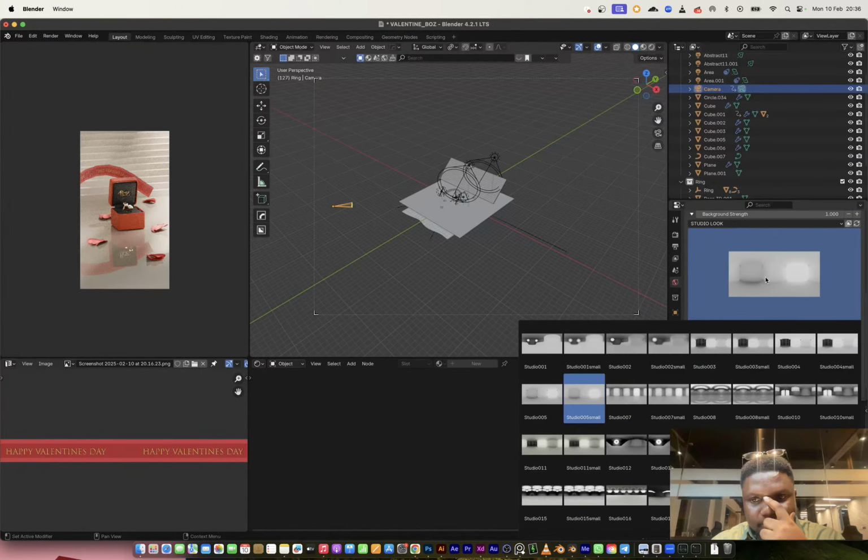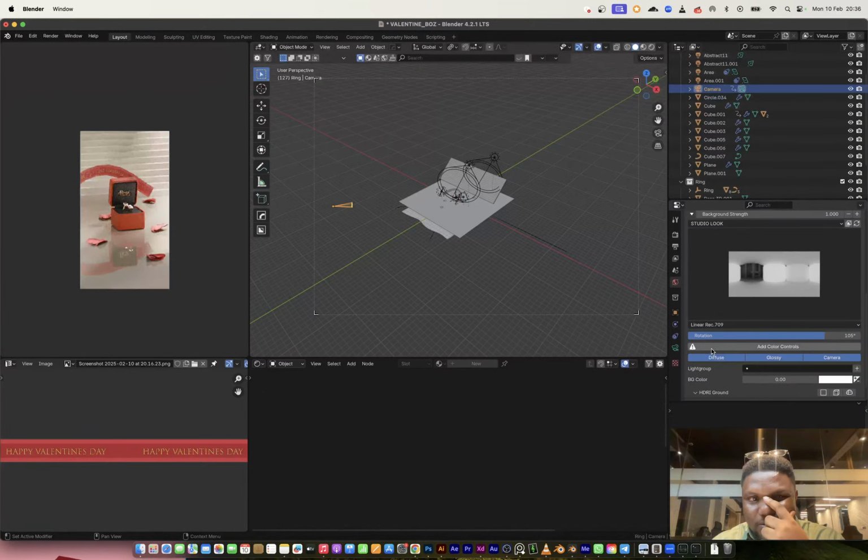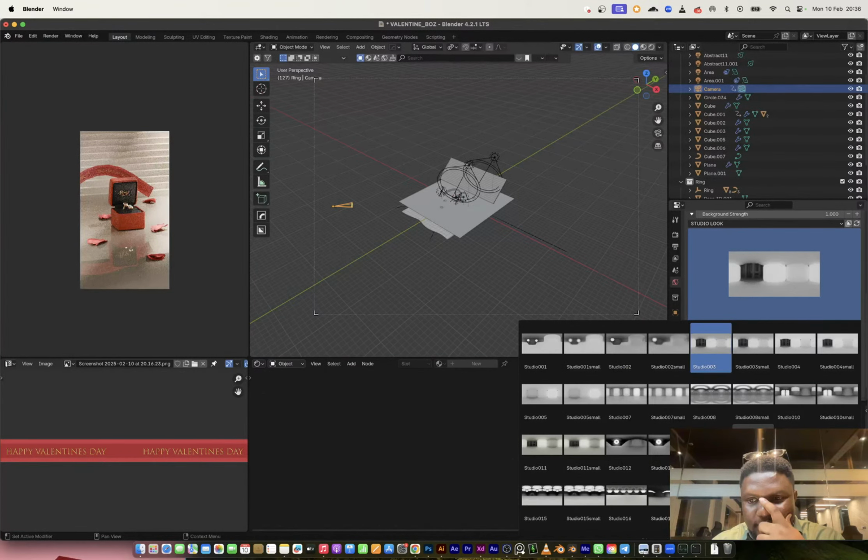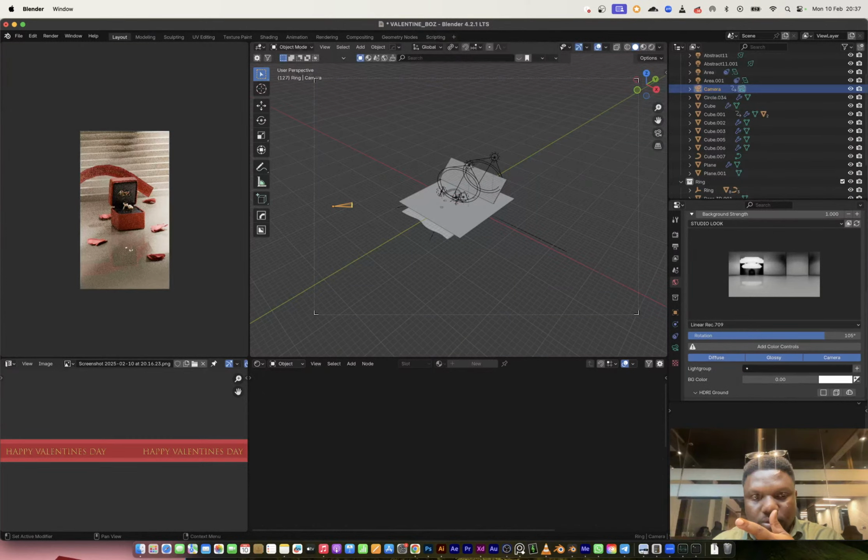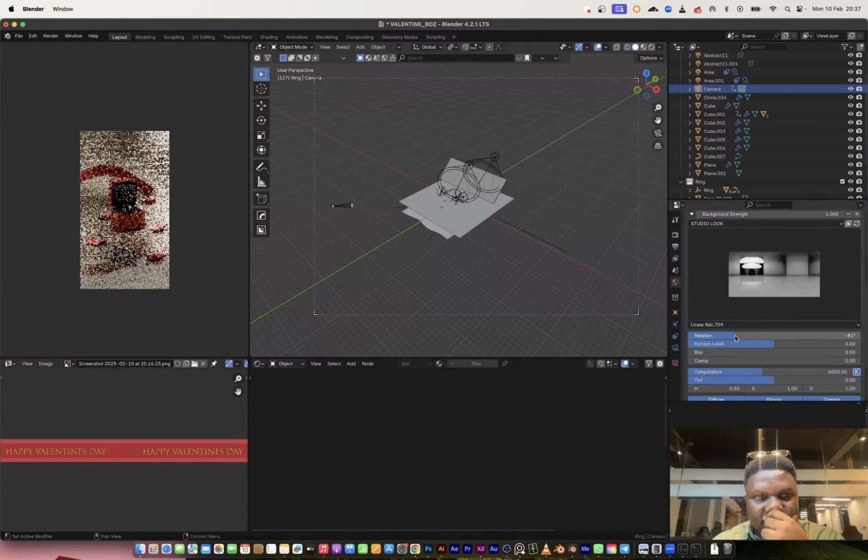But then this feels flat as compared to something like this with hard shadows and hard highlights. So I think if I rotate something like this, I probably should land on something that's usable. Okay, not bad. That's cool.